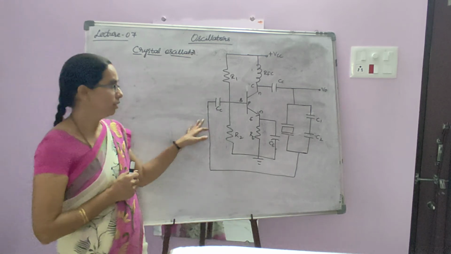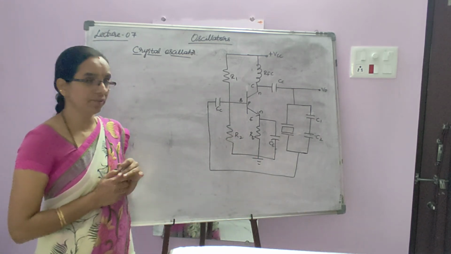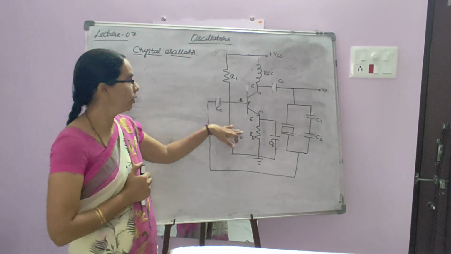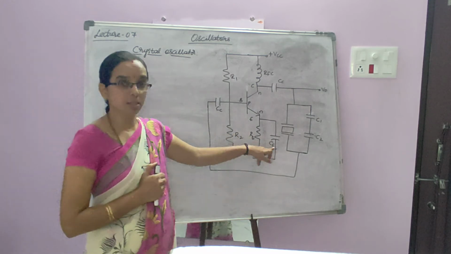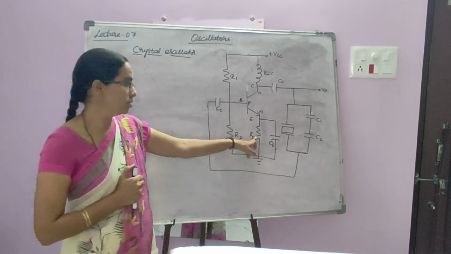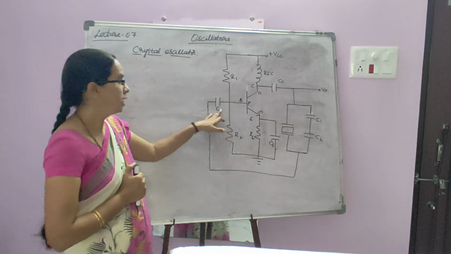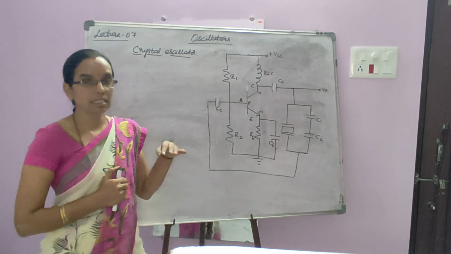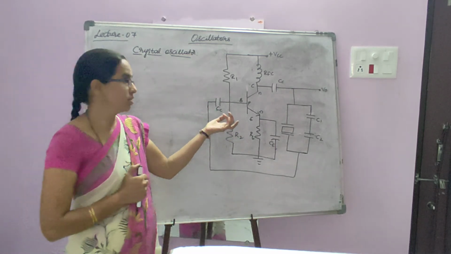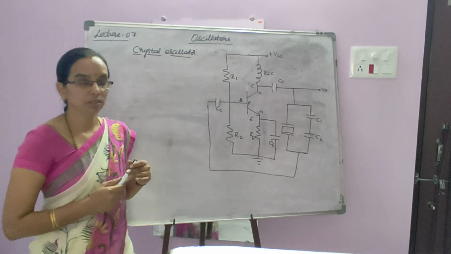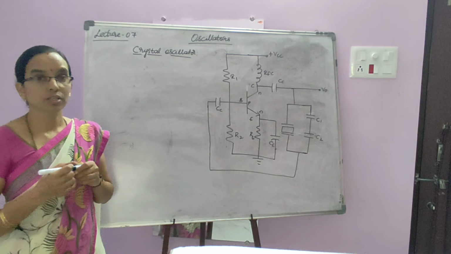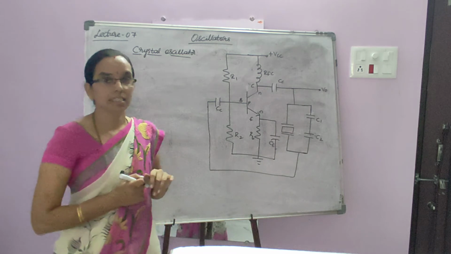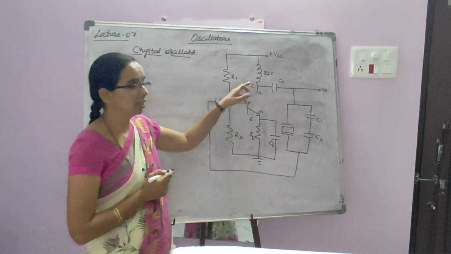Here a CE amplifier is used as the amplification device. You already know that in a CE amplifier R1, R2 and RE provide the DC biasing. CE is the bypass capacitor which bypasses the AC to the ground, and the two CC are coupling capacitors which block DC, allow only AC and connect it to the next stage. RFC is the radio frequency choke that we have already studied in other oscillators, which isolates the DC power supply from the AC oscillations generated at the collector.